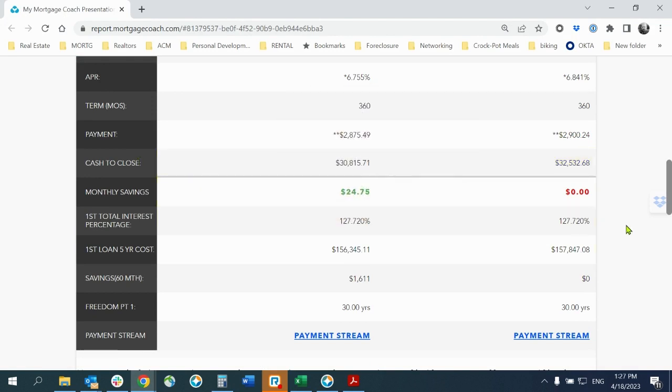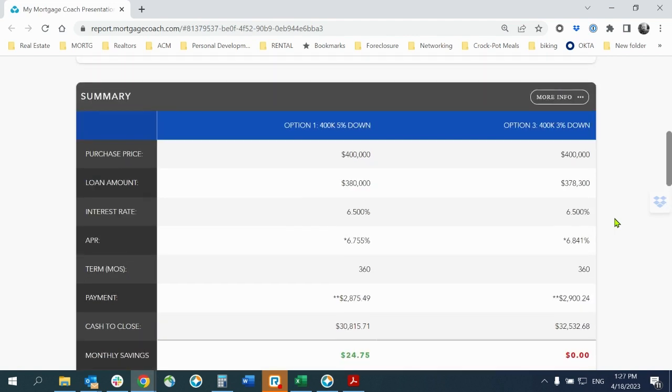Now, this is a very good strategy. I've actually employed it a couple times now. I'm trying to release it with the rest of my buyers so that they can get out and be successful in a market. And so obviously, gapping the appraisal or having the ability to gap the appraisal certainly does help. And I'm certainly